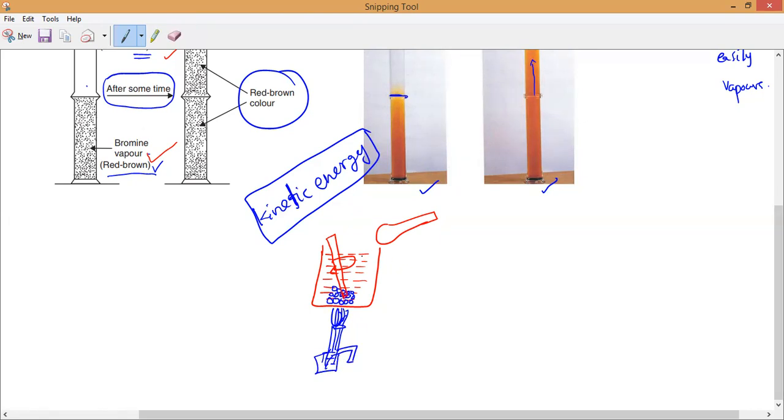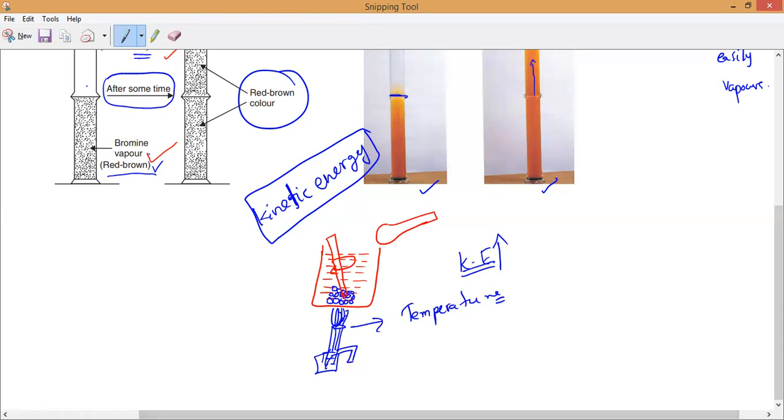Why is it faster? Because the kinetic energy will increase. Yes, very good. When we keep on stirring, the kinetic energy of the particles increases. When we keep on heating and stirring, the kinetic energy of the particles keeps on increasing. So the dissolution rate also increases. So what is heating called? Temperature. Do you understand, everyone?